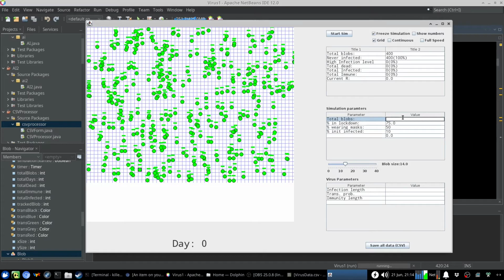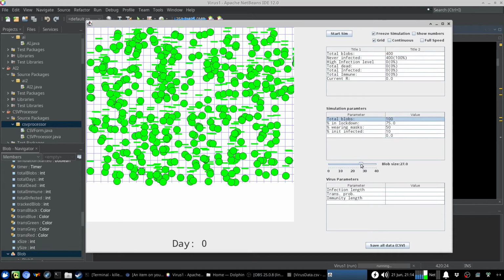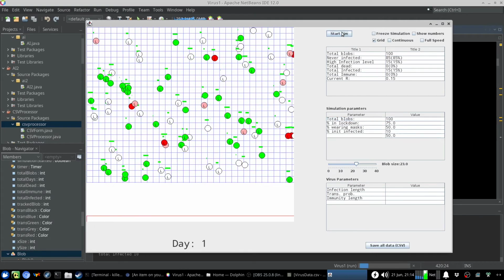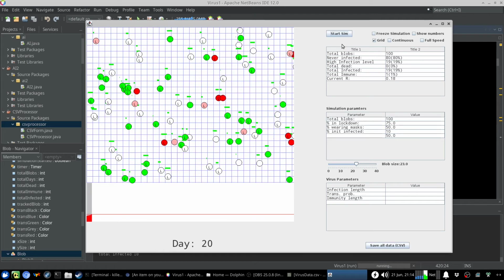400 blobs. Let's take it down to 100 blobs and then increase the size. Again, I don't know what I'm going to do in terms of maybe scaling the size of the blobs so you can run it sort of a bit differently. Now, a lot of these cramped scenarios,